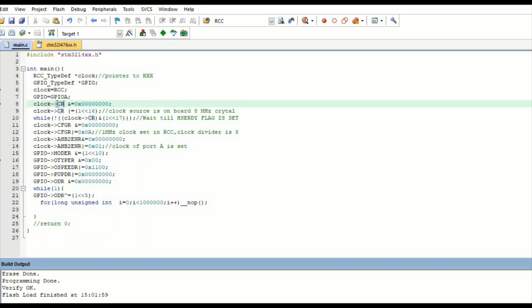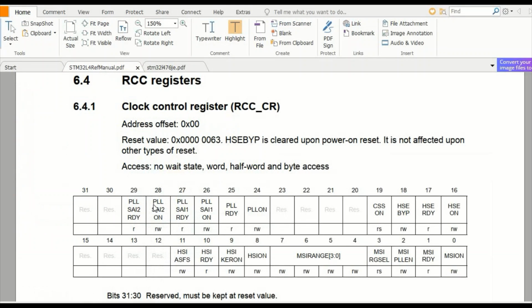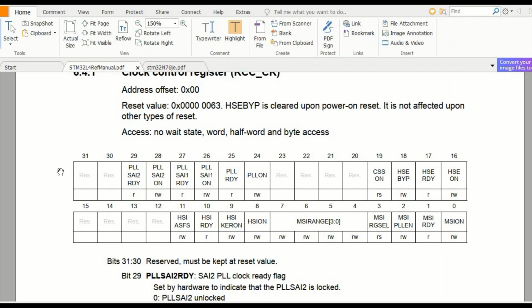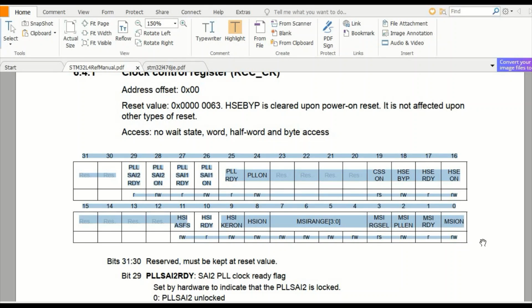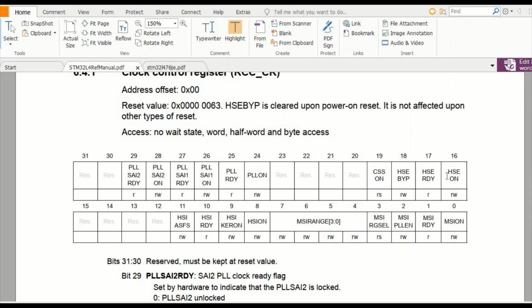This is the CR register of the RCC reset, which will provide the HSE clock to the whole of the peripherals. So I will just put it on. It is the 16th bit of this register.